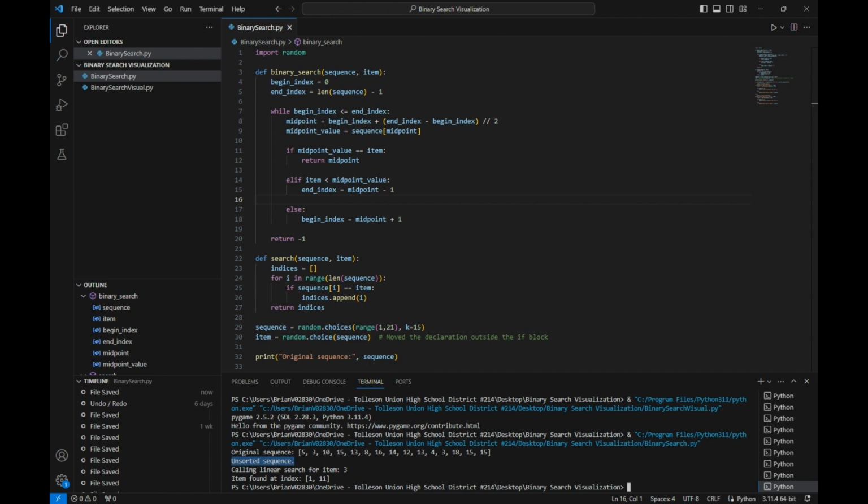But for linear search, the unique thing about linear searches is that the list doesn't have to be sorted. It can be sorted, it can be unsorted, but when it is sorted, it's faster to use a binary search because it immediately removes half of the list to find the number that you're finding. And then it generates a random number that it wants to find within the list. And then it calls for the item, and if there's duplicates, it gives you the positions of each item